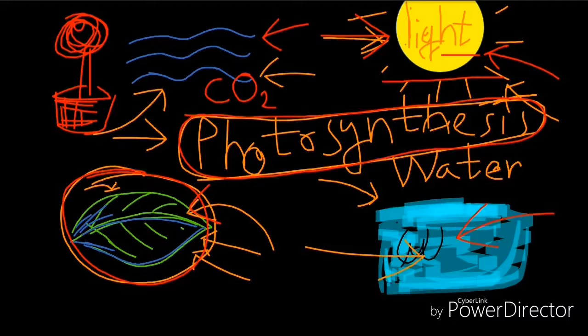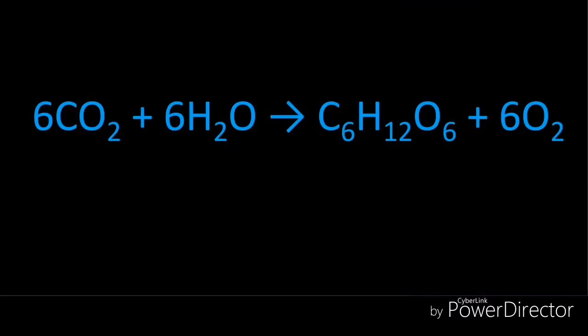So this is the main reaction for photosynthesis to happen. Here we come to the photosynthesis reaction, the reaction which happens in photosynthesis. Here we can see, as I told you before, that we have 6 carbon dioxide molecules and 6 water molecules, or H2O, and when these react with each other, we get